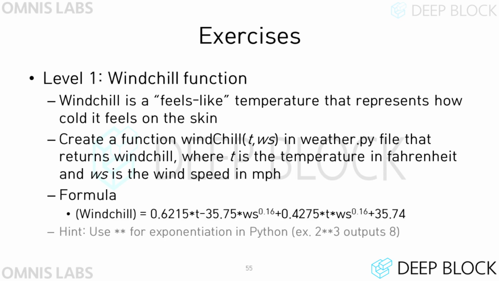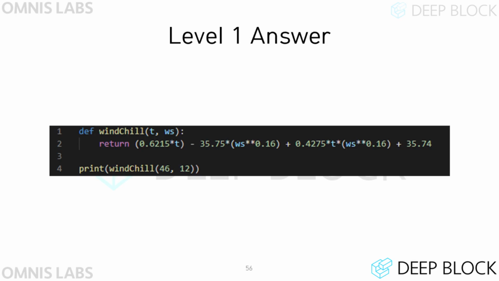You can check the formula on the slides. To give you a hint for writing the code, if you want to perform exponentiation in Python, you can use the exponentiation operator **. The wind chill function can be written like this. Like mathematics, we can use parentheses to clarify the order of calculations. As in the slide, if the value is multiplied by another number with an exponent, put parentheses in the place where the exponentiation operation is performed, and the computer evaluates the expression inside the parentheses first.